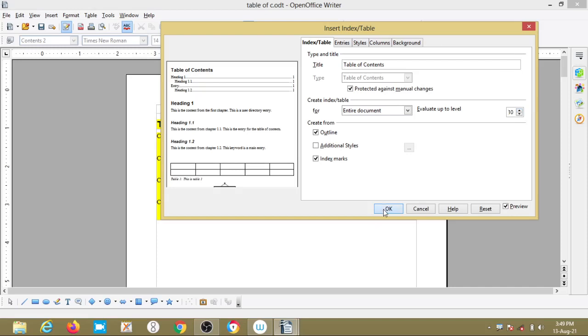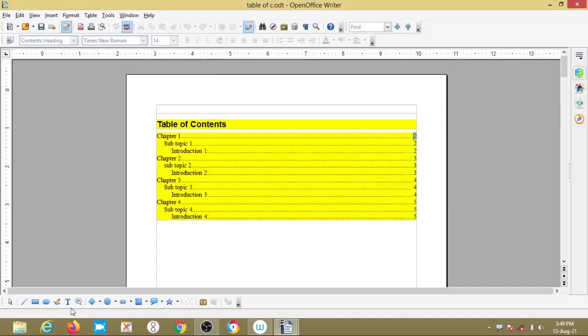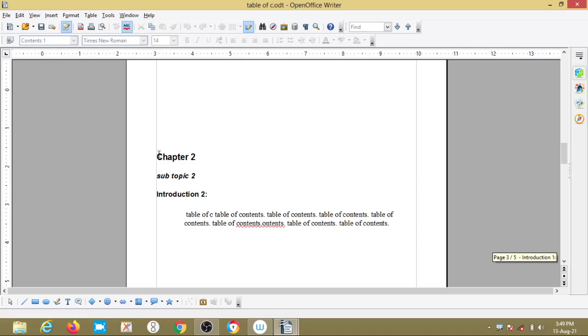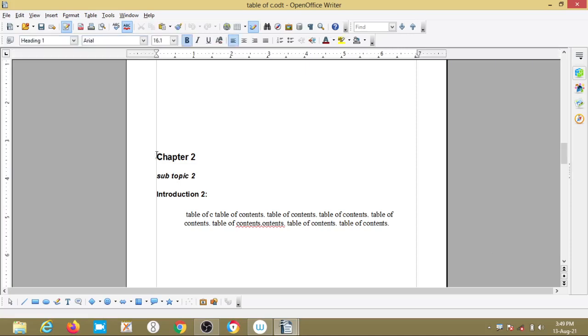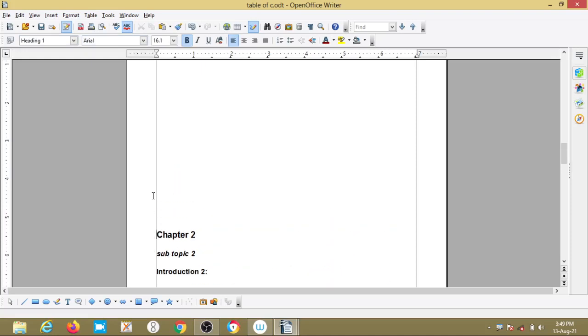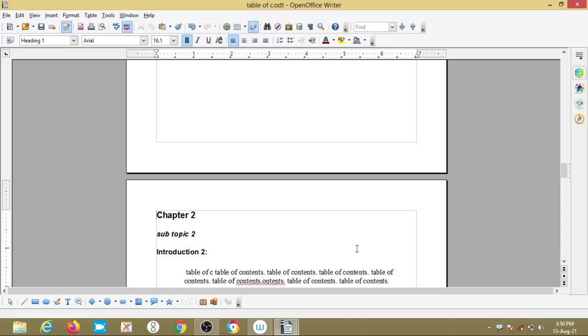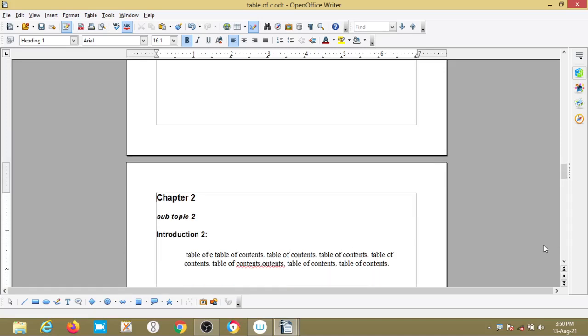Okay. Here these page numbers, right, 2, 3, 4, 5, these are the page numbers, right. So here chapter 2 is on page number 3. What I am doing here, now chapter 2 is on the 4th page.